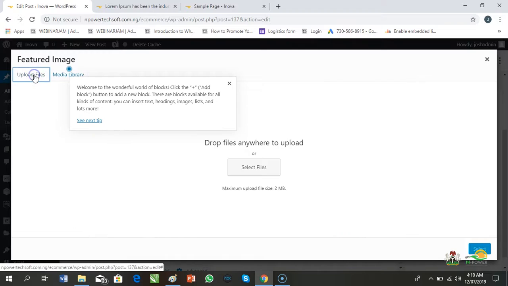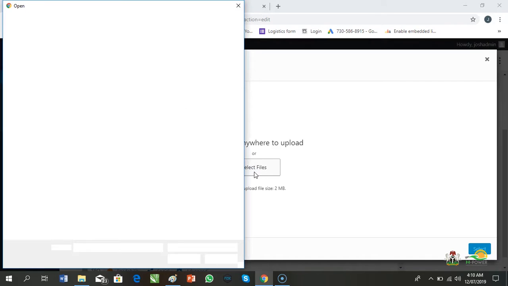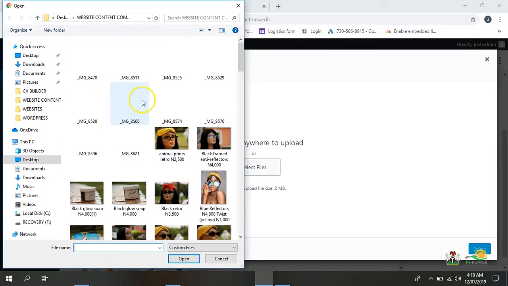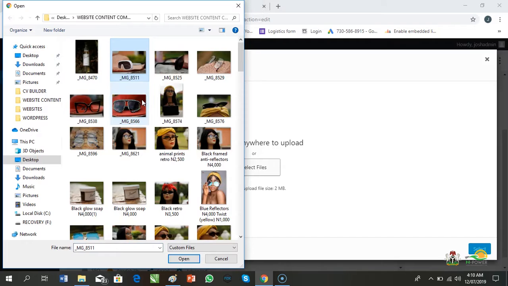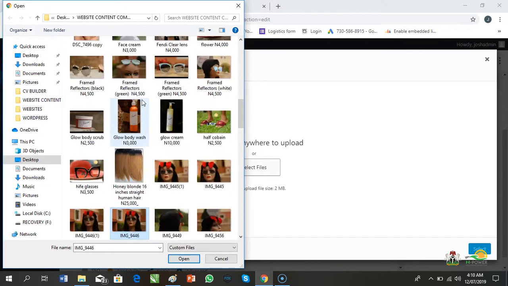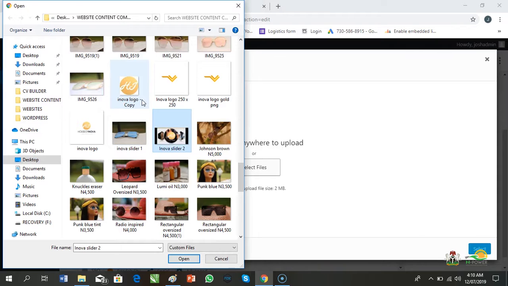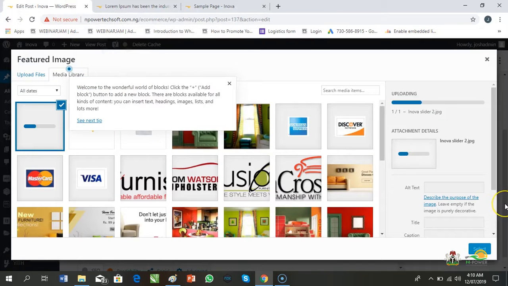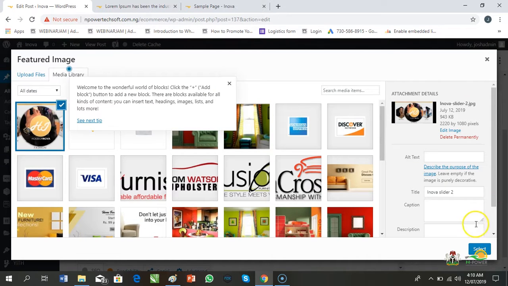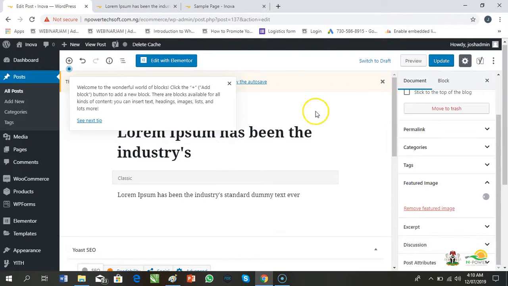We come to upload files, select files, and then look for the Innova graphics, which is this. You can use that as the display.